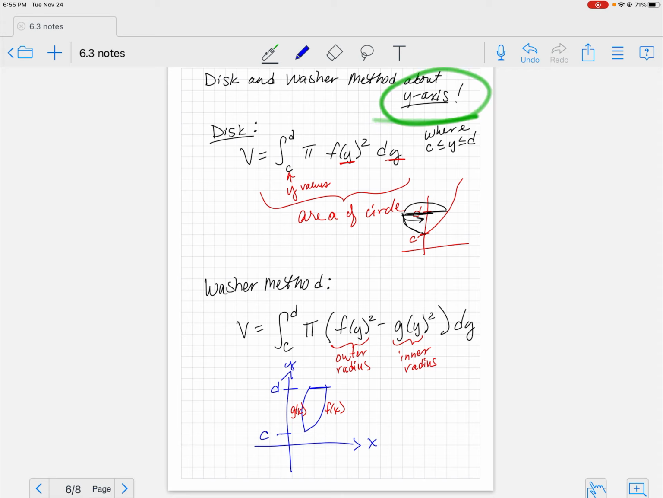If you're going about the y-axis, everything is in terms of y. If you're going about the x-axis, everything is in terms of x. For the disk and washer method, whichever axis you're revolving around is the same variable. Okay, let's try and